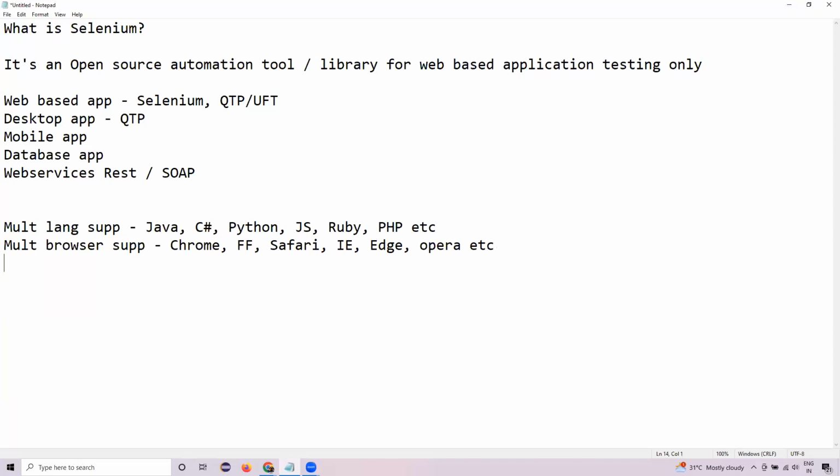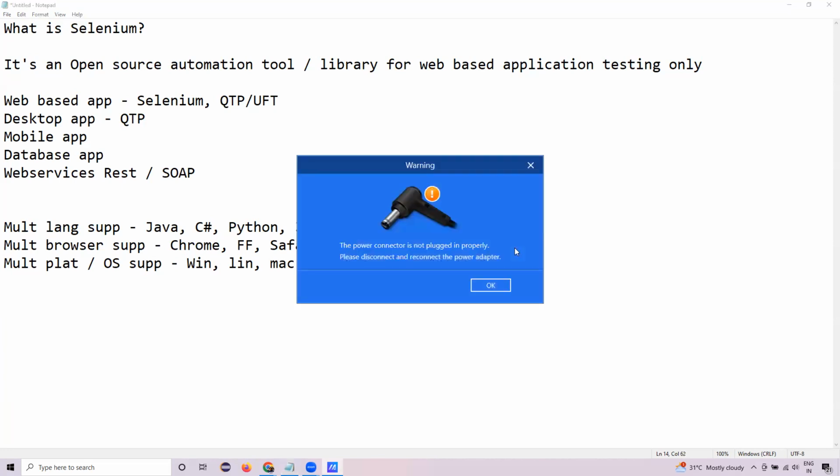Right, so it has got multi-platform support as well. Platform as in OS. So you can run your code on Windows, on Linux, on Mac, on Solaris, on iOS, on Android. All major platforms